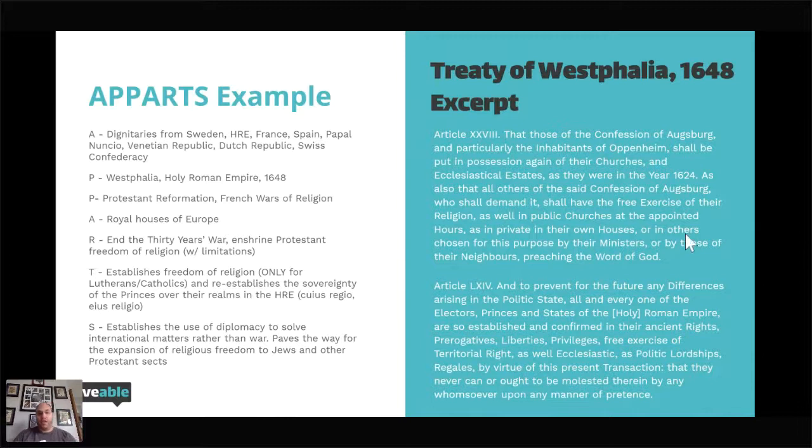So let us move on to our next example here. SOAPSTONE. This is a very particular analysis because this helps you with point of view. To me, this is the hardest part for students, is point of view. Okay, because they tend to always just go, it's from the point of view of a guy. It's from the point of view of a general. It's from the point of view of a biased person. None of those tell us point of view. Okay, all of those sentences tell us that you know two things. You know how to read, and you know that there's bias, but it doesn't tell us anything else.